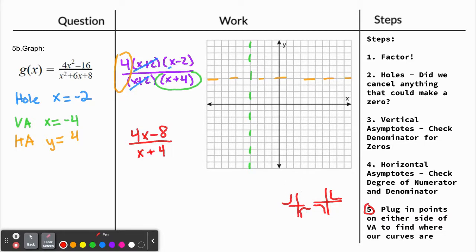So let's take a look at which one that's going to be by plugging in a value to the left of the vertical asymptote. So instead of -4, I'm going to plug in -5. So what that looks like, 4 times -5 minus 8 over -5 plus 4. So -5 times 4 is -20, minus 8 is -28. And then -5 plus 4 is just -1. So we end up getting a value of 28, which is not on our graph, but what we can see